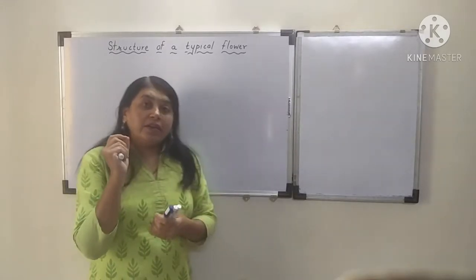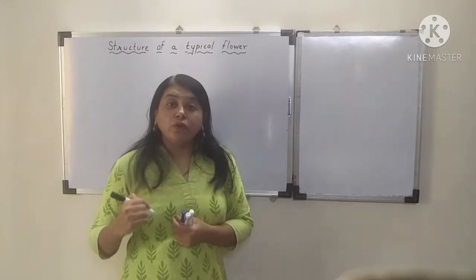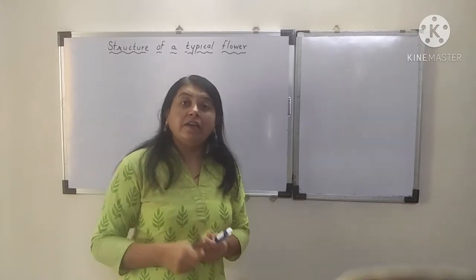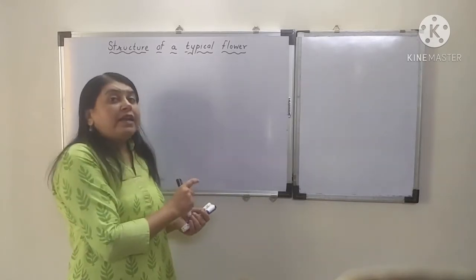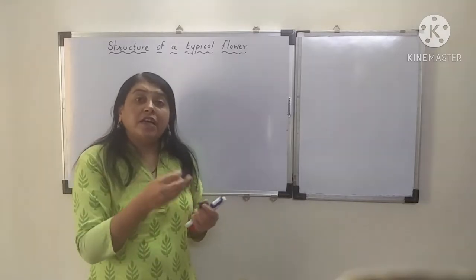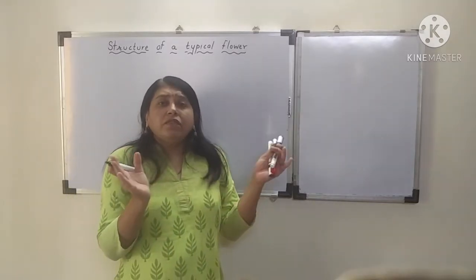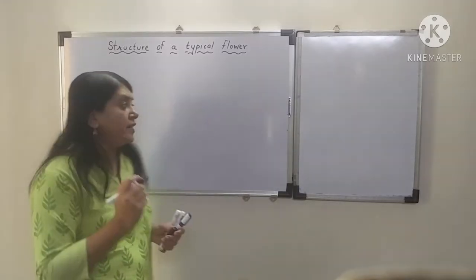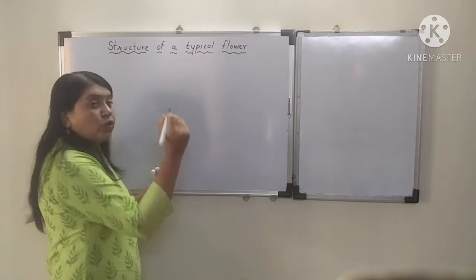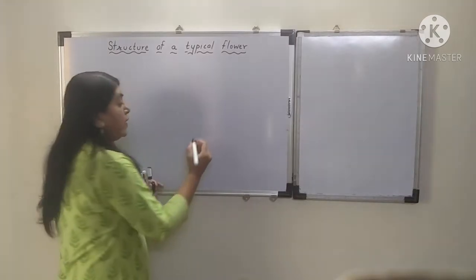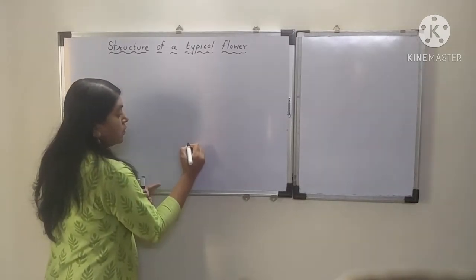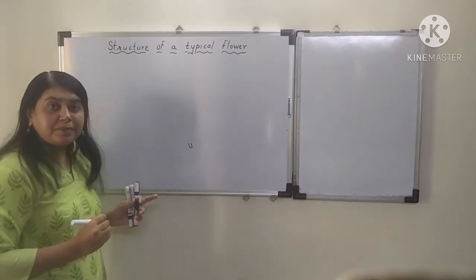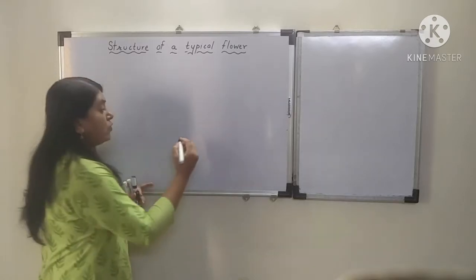You will be drawing the diagram stepwise as I am going to show you. So it would be better if you sit with a pencil and a notebook. You will draw the diagram with me so that you clearly understand how you are supposed to draw it, with the correct proportion and with correct labeling. So let's get started. First, you will show the stalk of the flower like this. Draw these two parallel lines. Okay, this is the stalk of the flower.